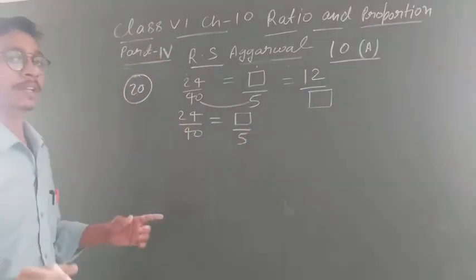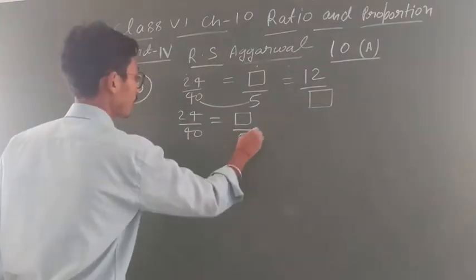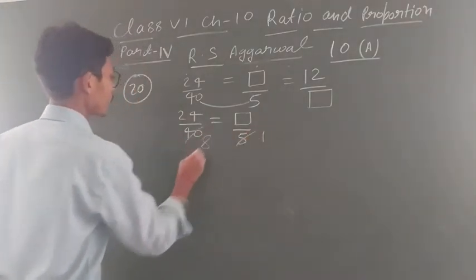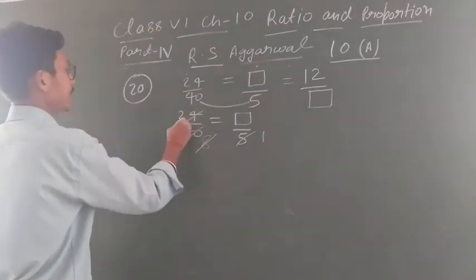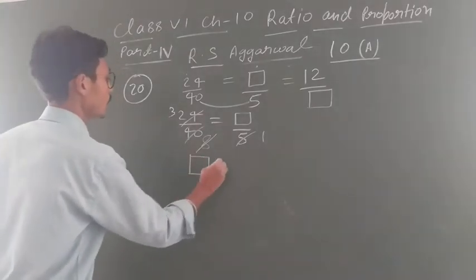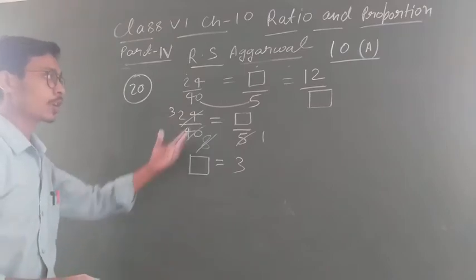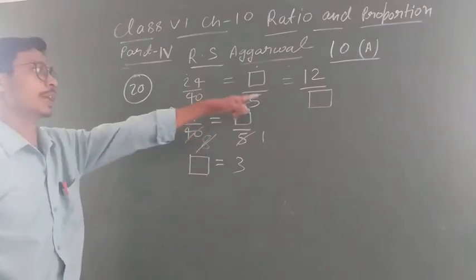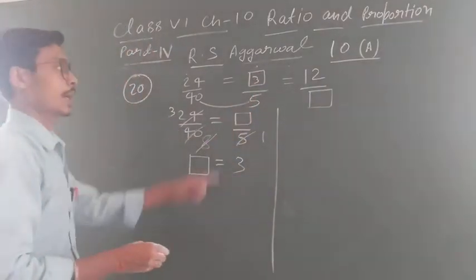Although one thing I discussed with students, you can reduce both of these. You can write down what? 5 5s are 5, 5 8s are 40. See, this is the easiest method. Again you can use 8 1 8, 8 3s are 24. So what is the value of box student? The value of box is, you can say 3. This is very easy, no? You can also do by cross multiplication. So this one I will do according to the cross multiplication. That is, 3 you know that. Now come on this one.